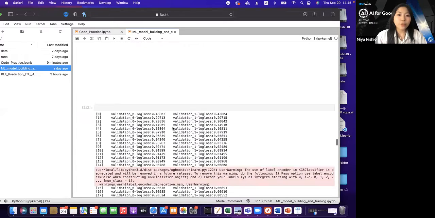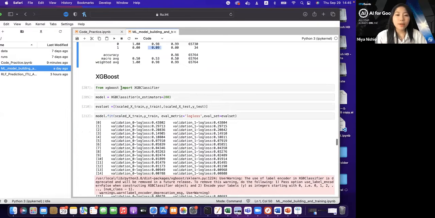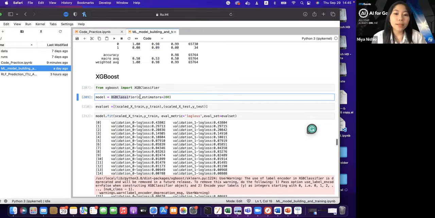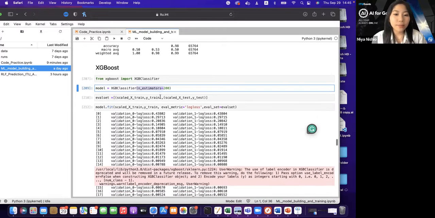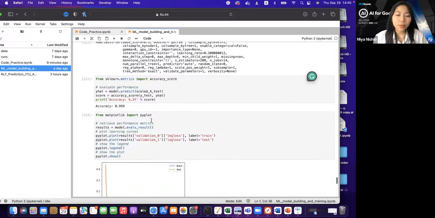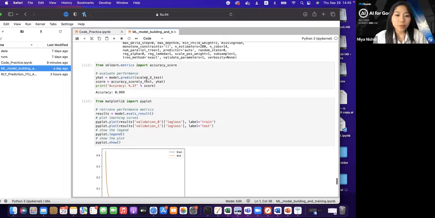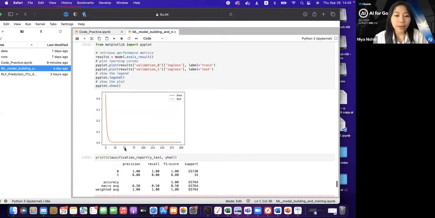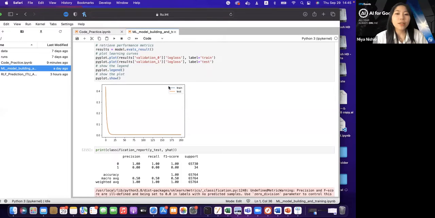So just to go over it really briefly, it's basically just the same. We would call in our model, XGB classifier. You do have to set your N estimators, and then you would fit the model. You would bring in your accuracy score, and this is just to plot how the loss went throughout the training process. As you can see, the model is overfitting because the training and the testing are exactly the same. So again, it's not gone incredibly well, but hopefully this gives you a brief overview of how model building and training a machine learning model goes.